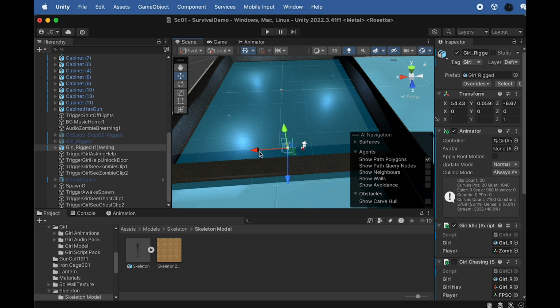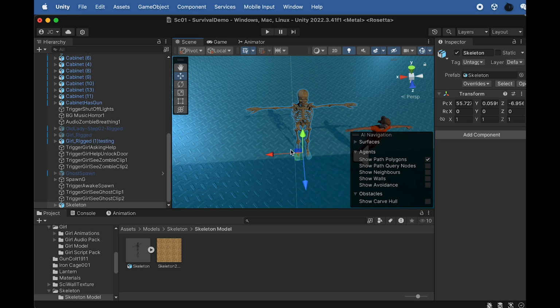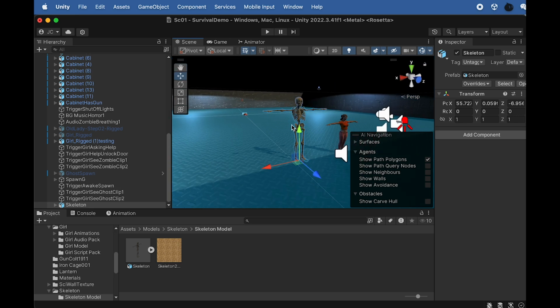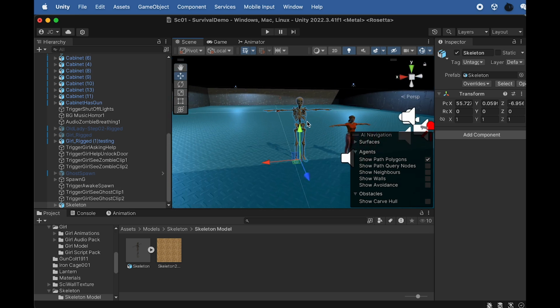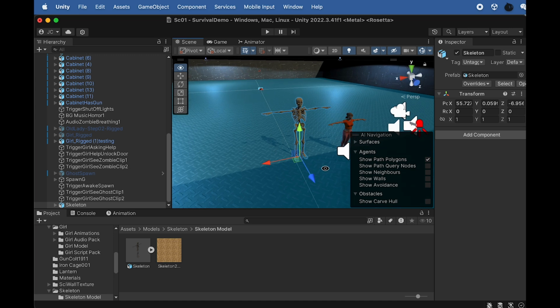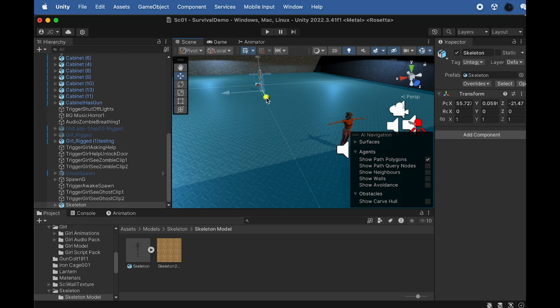Okay, and then let's drop in the skeleton. So let's bring the skeleton inside of the scene. You can bring the skeleton closer to the girl just for scale reference. See, you can make it smaller if you think this is too big, but because it's the boss, I think the scale is fine. So now I'm going to move it away from us, and then